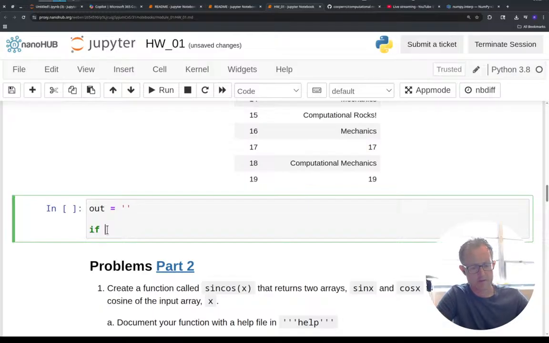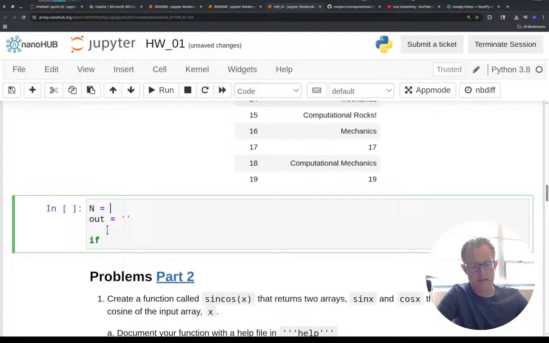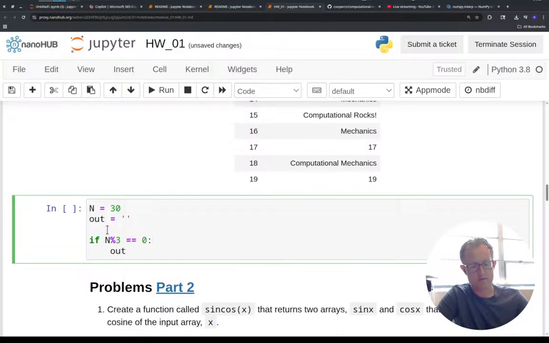If, and we'll say n is 30. So 30 should be divisible by 3, 2, and 5. If n percent 3 is 0, out plus equal